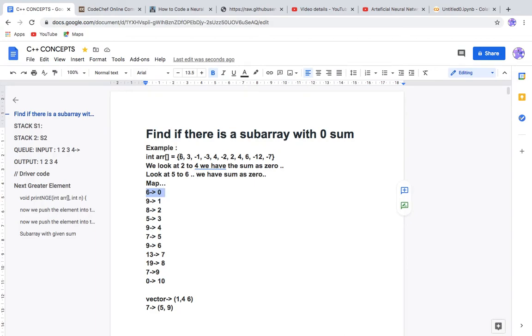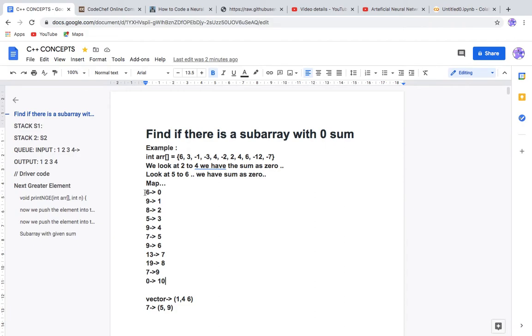When you go to 6 plus 3, you keep adding each number, right? 6 plus 3 is 9, whose index is 1. Then 6 plus 3 minus 1 is 8, whose index is 2. In a similar manner we keep on adding: 9, then plus 4 is 13, plus 6 is 19, and then 7, and then finally 0, right?